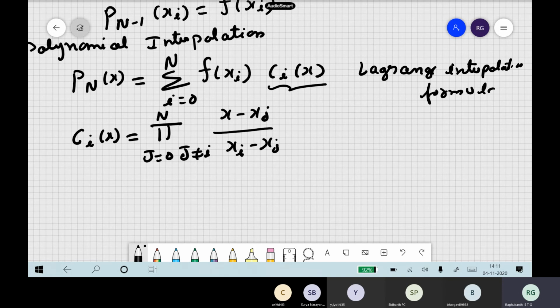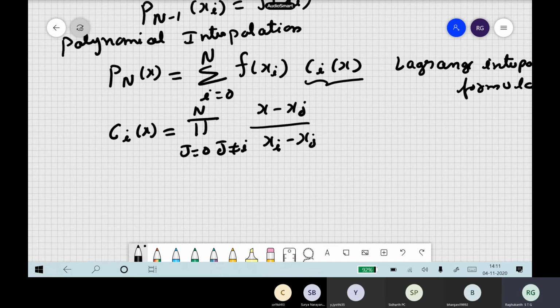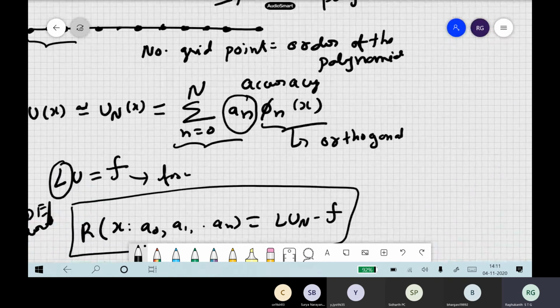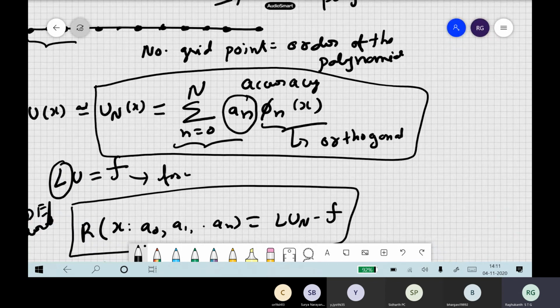So here, our polynomials, whatever you have fitted. So what are the unknowns here? Previously we used to write it as this expansion here. This was our original representation. You can write it in terms of orthogonal polynomials, and you can write it like this also.